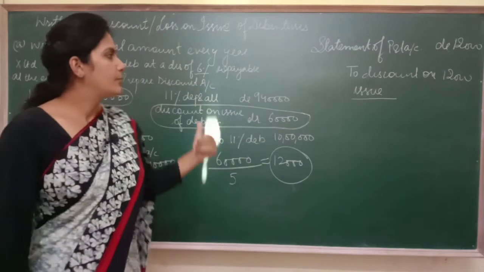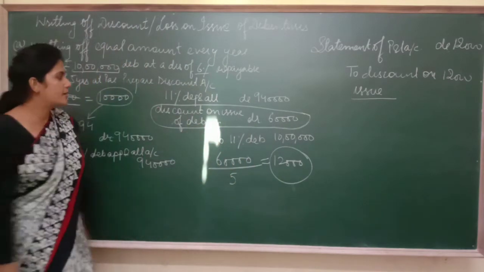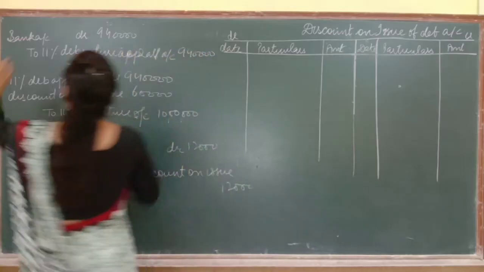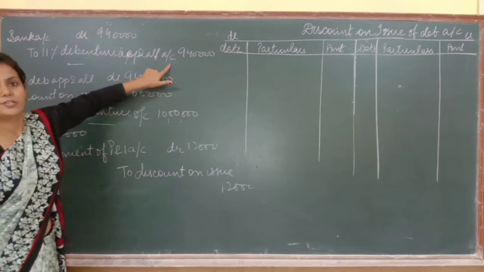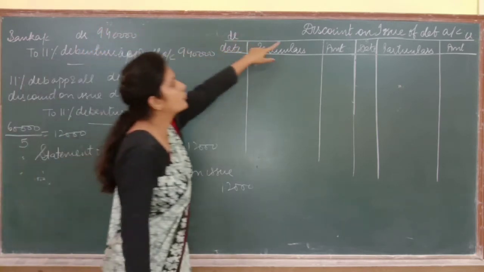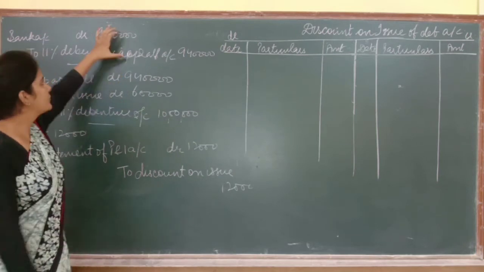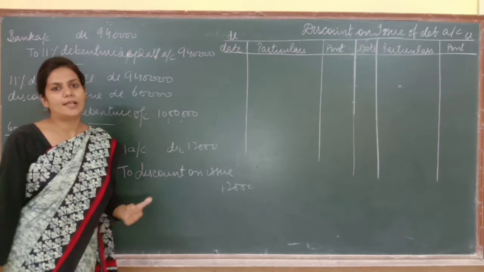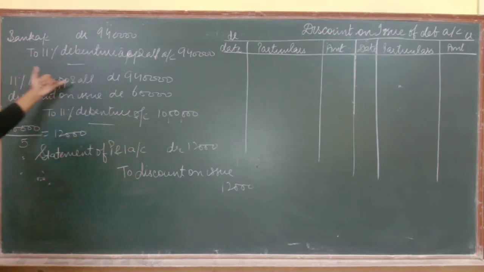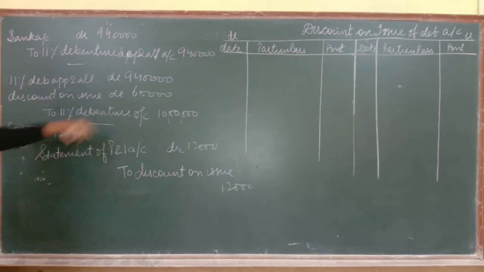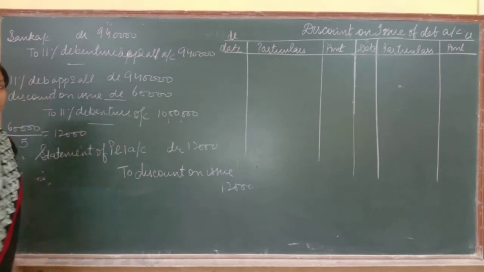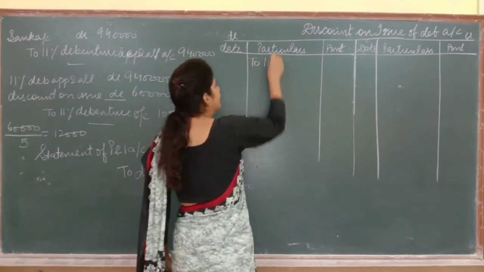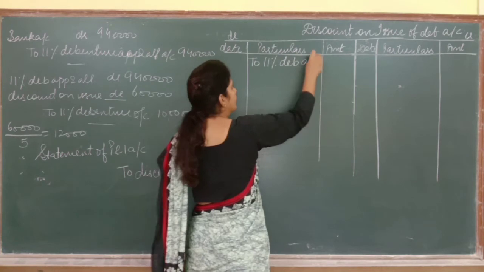Now let's move to the preparation of ledger accounts. And which ledger account? Account of discount on issue of debentures. Bank account debited to 11% debenture application and allotment. In this entry, the words discount on issue of debenture are nowhere. So obviously we are not going to post this journal entry in the ledger account. It's simple ledger posting which you have done in class 11 also. Next is debenture application and allotment debit, discount on issue of debenture debit. Now here discount on issue of debenture is debited to 11% debenture, so right here to 11% debenture account.